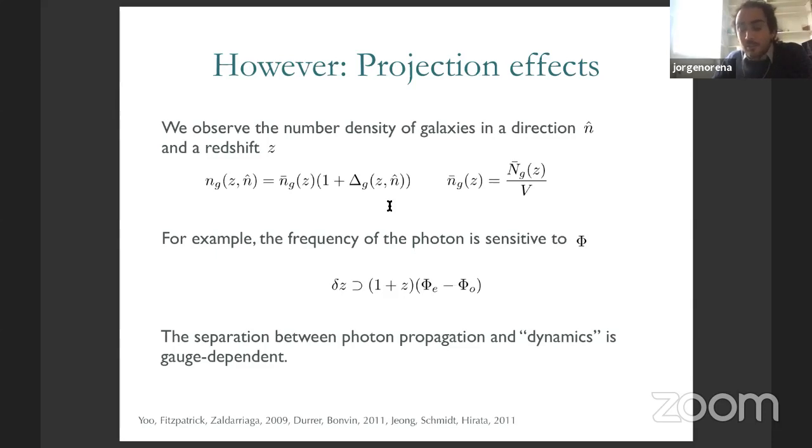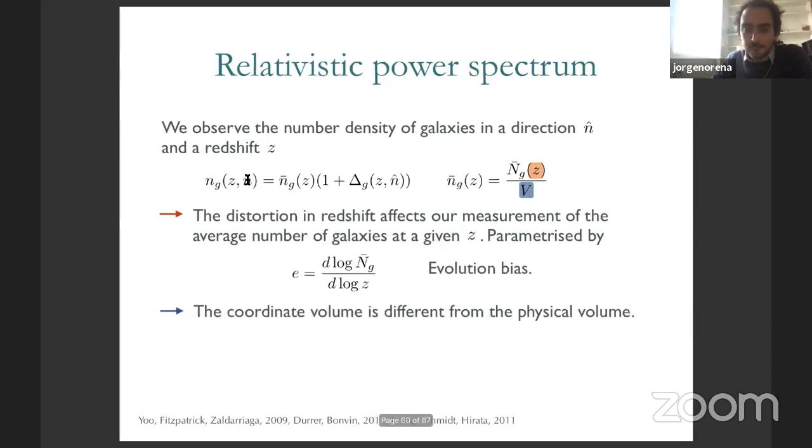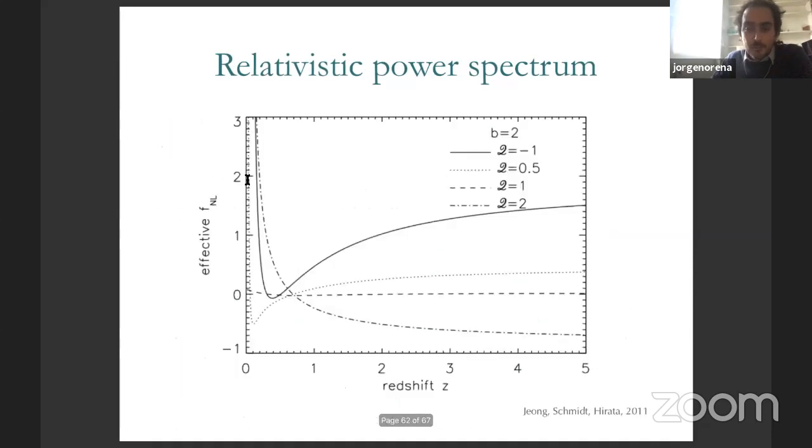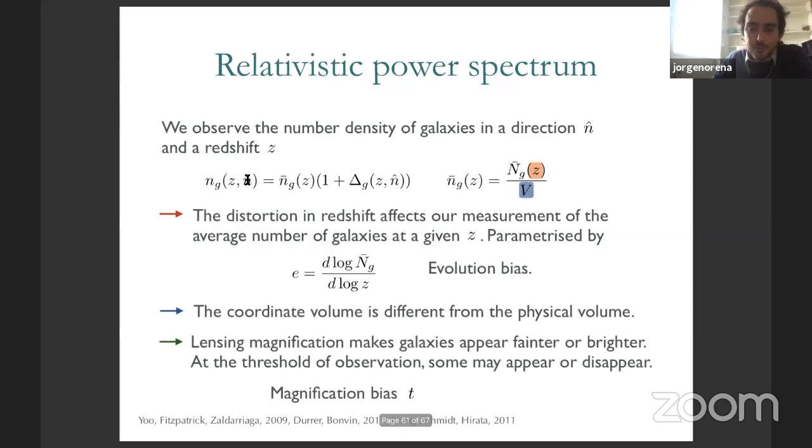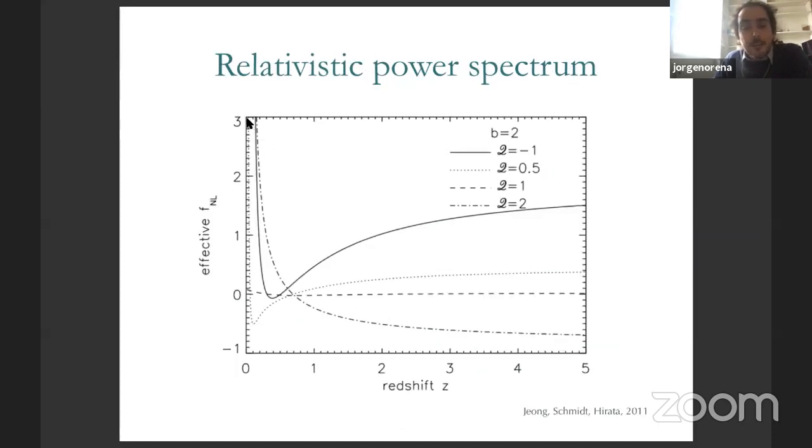So I will induce in this way a correlation between the gravitational potential and the number of galaxies, which induces non-Gaussianity. People, I wanted to give you more examples, but I don't want to bore you. People have computed this for the 2-point function, trying to observe this scale-dependent bias that I told you about, and they see that indeed, if you care about constraining FNL to order 1, which is what you would like to learn whether there were several fields during inflation or not,